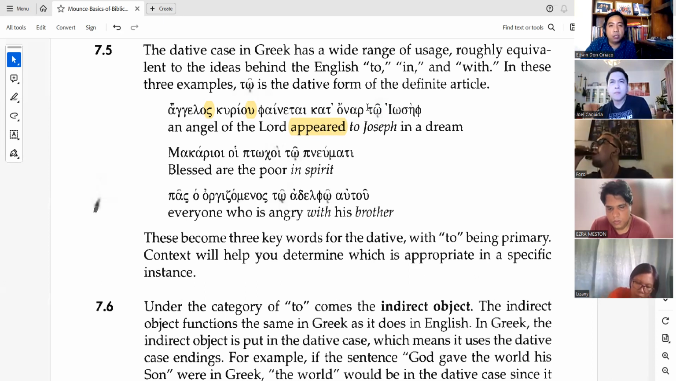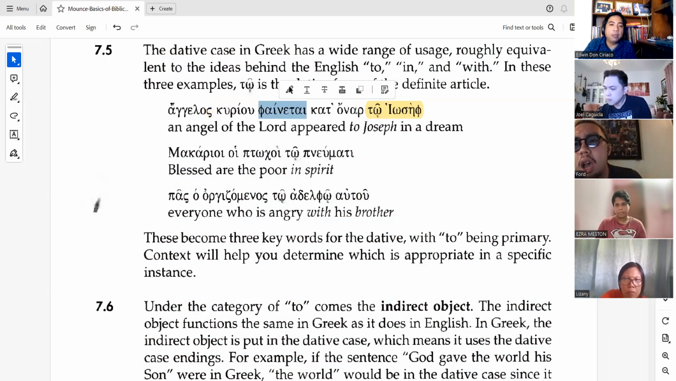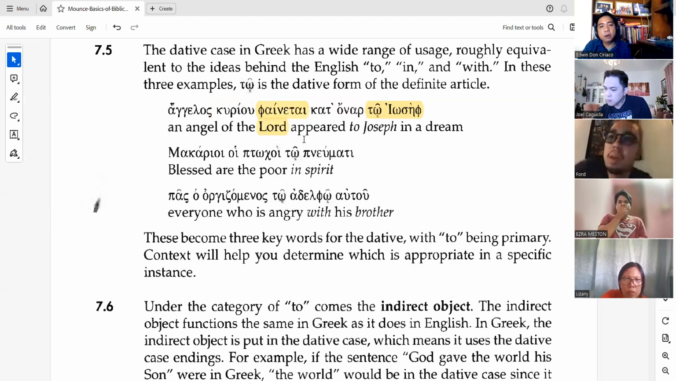And then this is what we call the dative phrase, because it has a definite article. Unlike angelos or kurio, they do not have definite articles. But this one has. So, to, and then there is the iota subscript, and then Joseph. So we know that this is the verb, paineitai, he appeared. Okay? Who was the one who appeared? The Lord appeared. And then, to whom did he appear? He appeared to Joseph. So it functions as an indirect